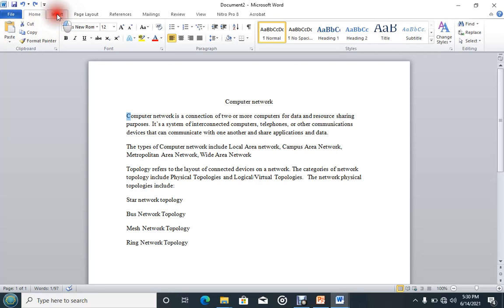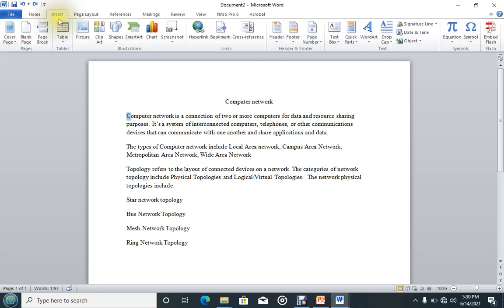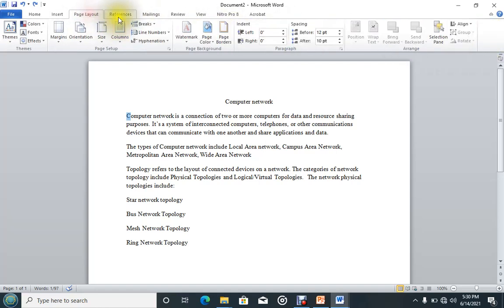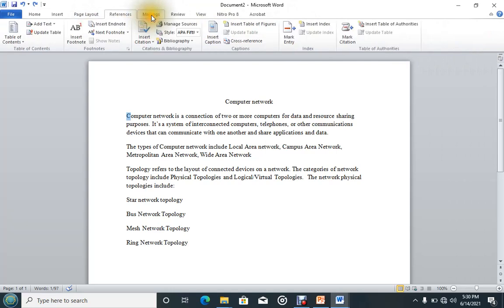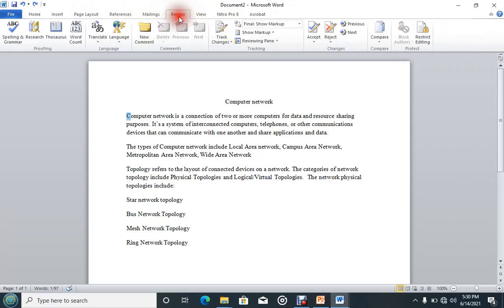So you click on insert. After clicking on insert, you have many groups here also. We have pages, tables, illustrations, links, headers and footers, text, symbols, then embed flash. So you need to play around with these tabs to look for where those features are found.